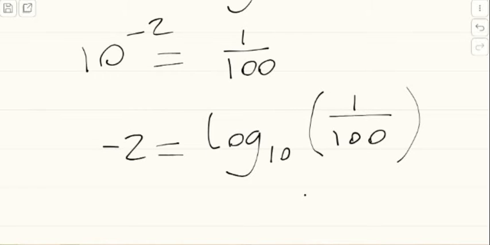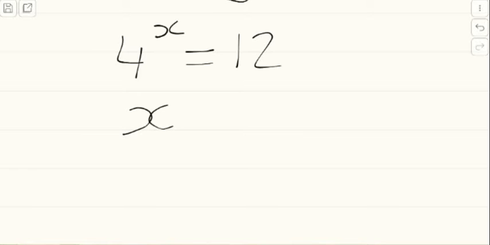Right, let's look at another one which looks a little bit more complex. So let's look at 4 to the power of x, which equals 12. Okay, so 4 to the power of what number is equal to 12? Well, we rearrange this like this. X is the power, and that is equal to log to the base 4